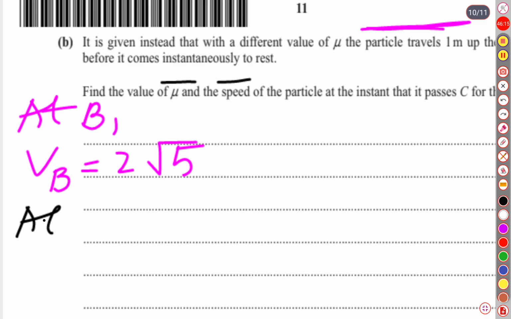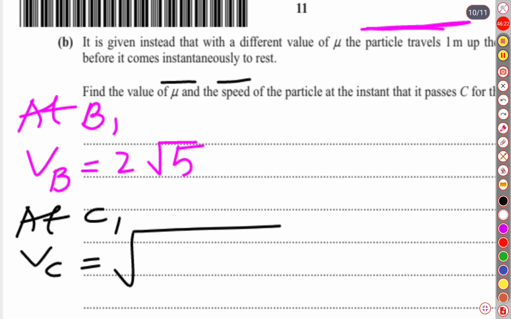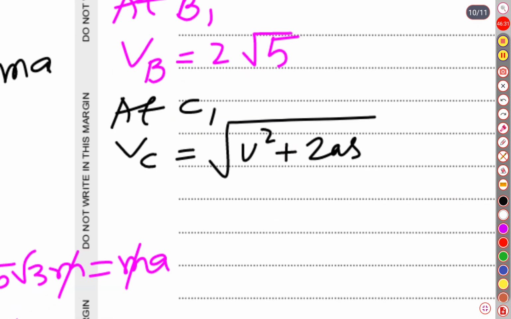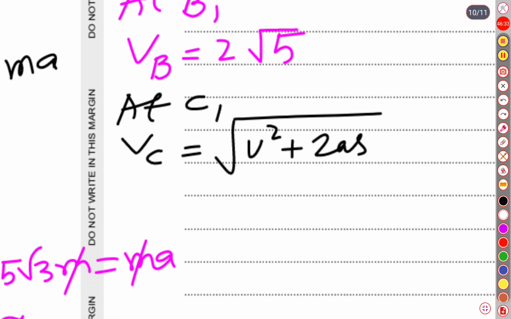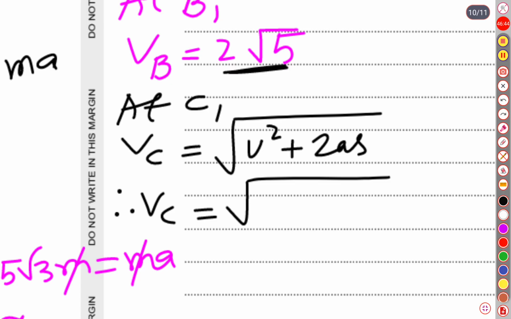At C, the velocity at C is equal to, you know how to find the velocity when the displacement is given, v square equals u square plus 2as. Okay, it is all about C. Let's see what the information about C is. Hence the velocity at C is, u square, the initial velocity at B was this, so we can insert 2 square root over 5 squared